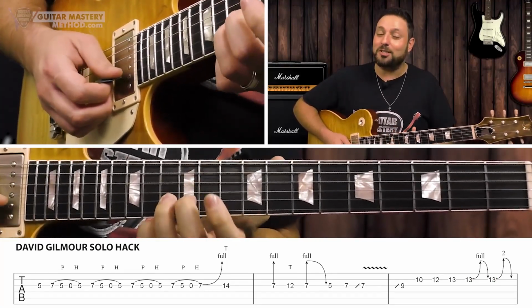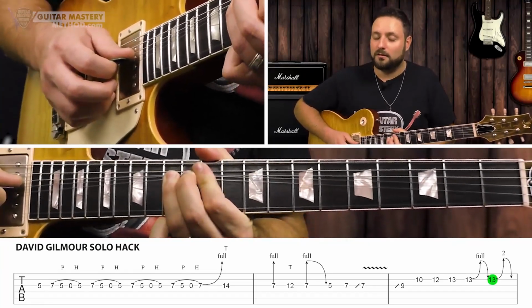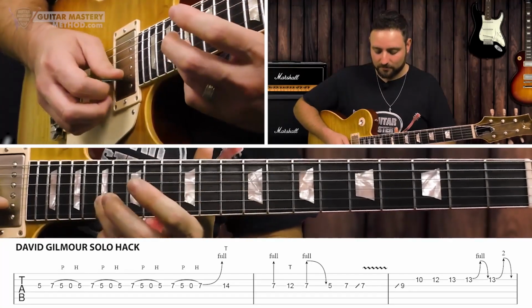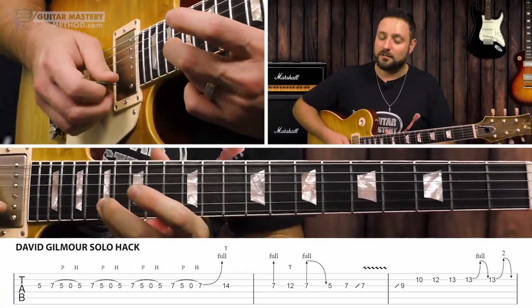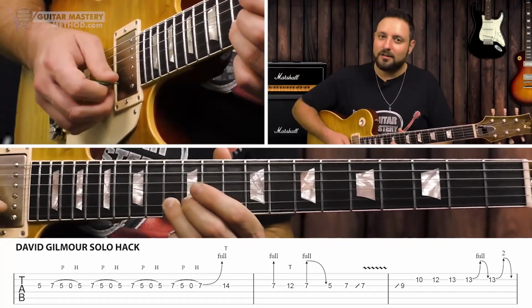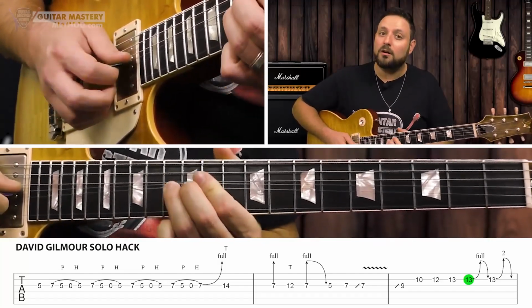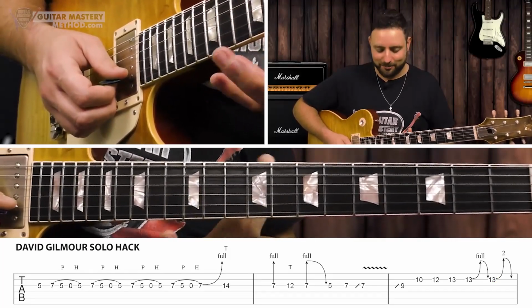So we're just in one position here on the 13th fret of the B string, but we're spanning across. So from 1 whole step to 2 whole steps, we're trying to reach that with the timbre that we get from actually bending the string instead of going, which if we do that, it just kind of sounds plain and uninteresting compared to, right? Now when you're doing a big old bend like this,